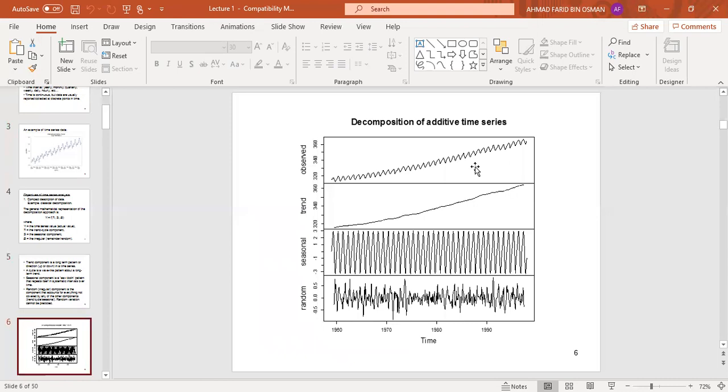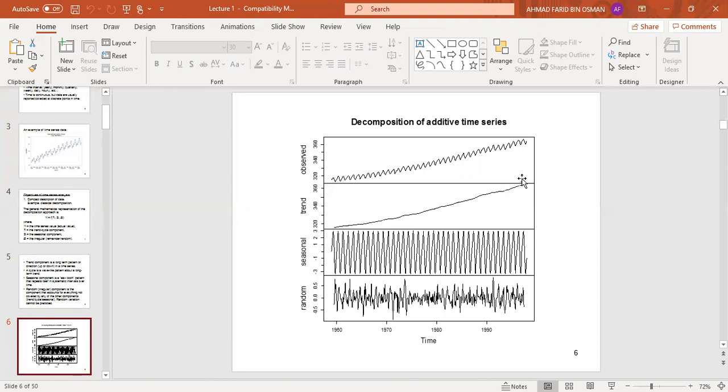For example, in this one you can see that this is the observed Yt. Then we use classical decomposition. This one uses additive. Later on we will discuss that there are two methods that we are going to use, the additive as well as the multiplicative decomposition. This is an example of additive decomposition. You can see that this is the observed value of Yt, the data that we have, the data that we can see. Then we can use the decomposition techniques to decompose the Yt into the three subcomponents, trend, seasonal, and